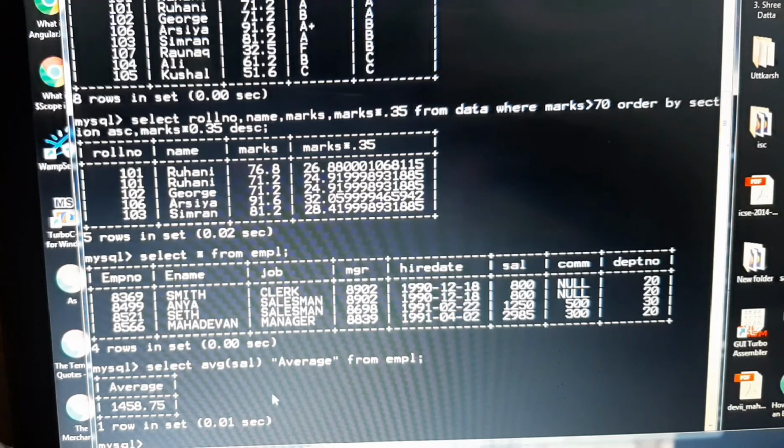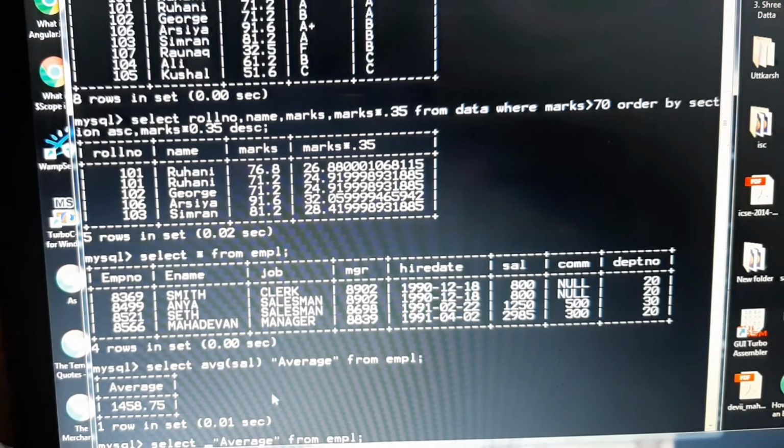This was average function. Then comes count function, which is used to count the total records according to a given condition. If you do not give any condition, it will only count the total records present in your relation. Example 2 is asking us count number of records in table EMPL. So here I have put only 3 to 4 records. Naturally, count function is going to give me only 4.